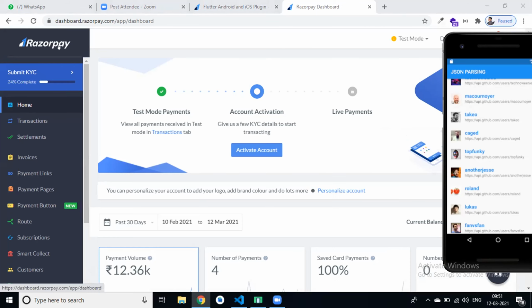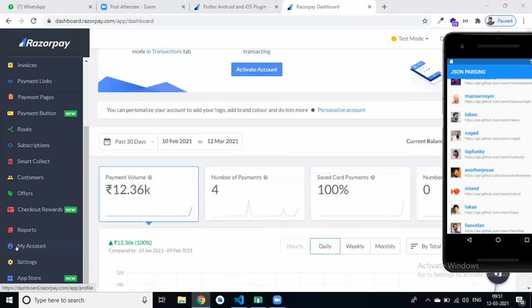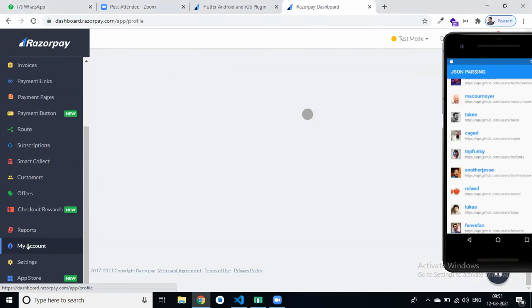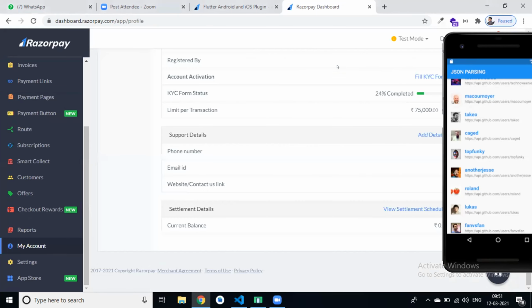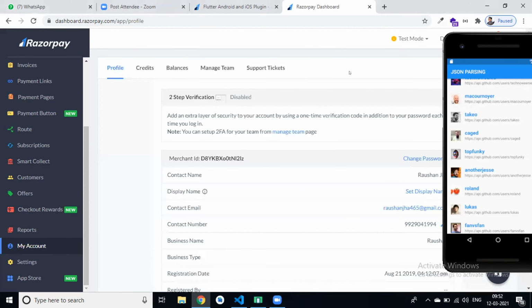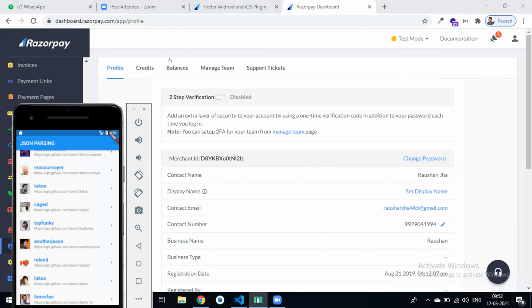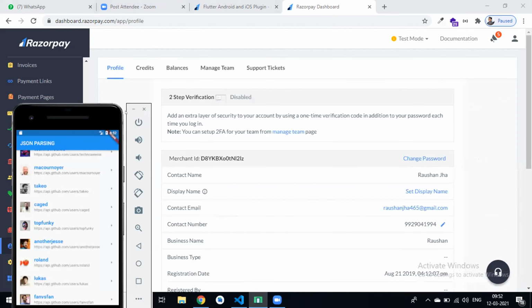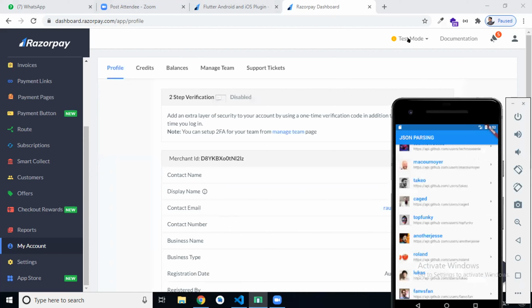Okay. So create this account. Then from my account you can get the merchant ID. Then where is the key? Test mode.